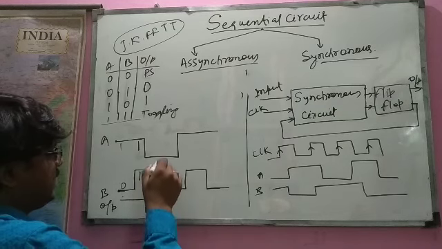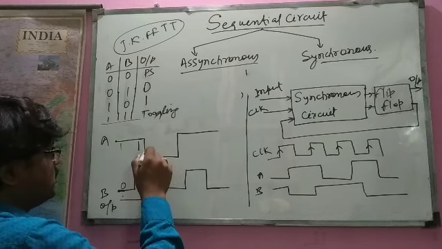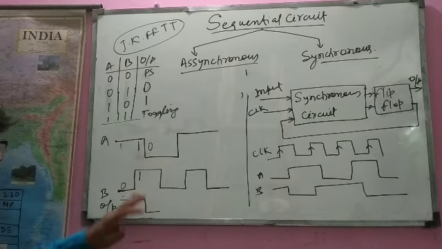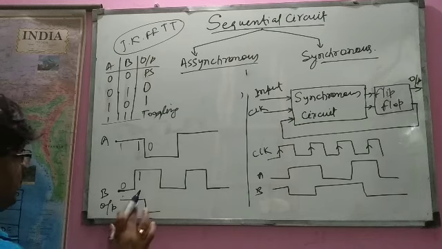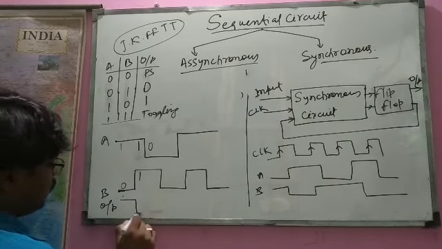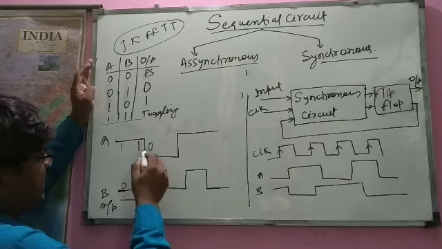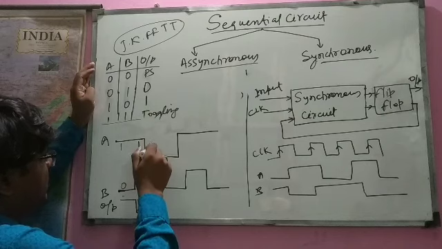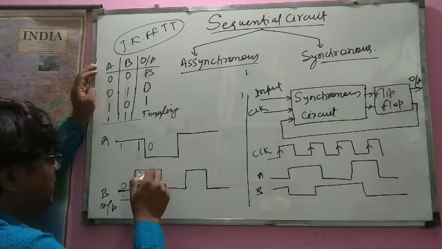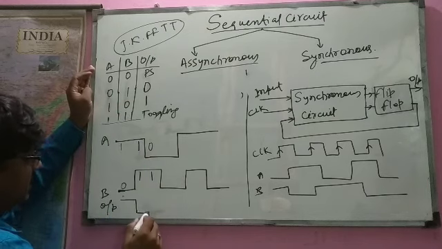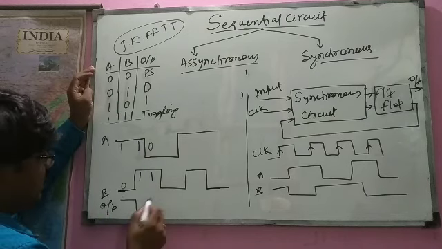So this has become 0 here at this point. It has become 0 here. So its output has changed here now. Okay, so come here, and at this point it became 0. This is 0 and this is now 1. So 0 1 means it will remain 0.